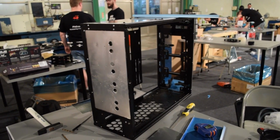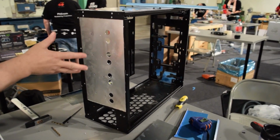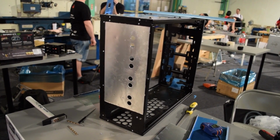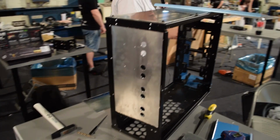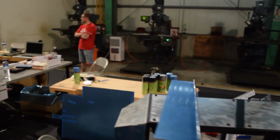maybe it is the new motherboard back panel, because this is definitely the back of the case, which now looks to me like the front of the case with all the holes and the buttons. Then again, I could be wrong. They could be switching it completely, because on the back side, they've actually built a shield,